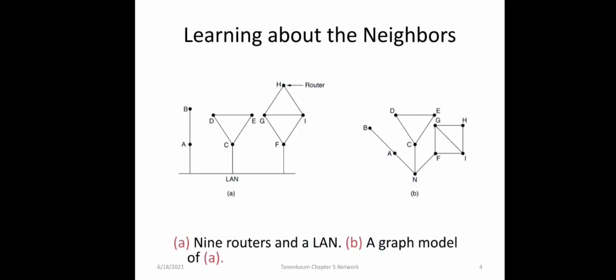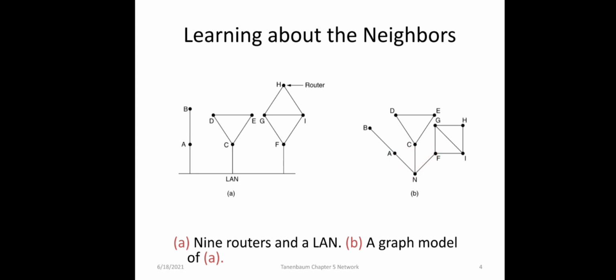And the situation is a bit complicated if some routers are connected by a LAN. In this figure, you can see that there is a LAN with 3 routers, A, C and F, which are directly connected using this LAN. And each of these routers has some other network also, right? So in that case, how to model this as a subnet? One way to model this is to consider the LAN itself as a separate node. So here an extra artificial node N is introduced, to which A, C and F are connected.